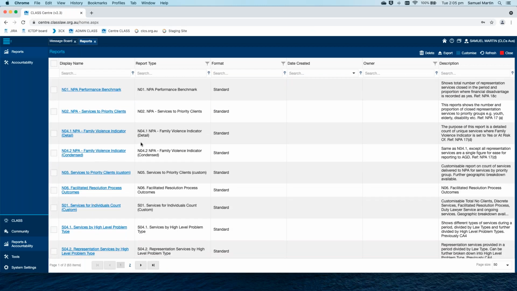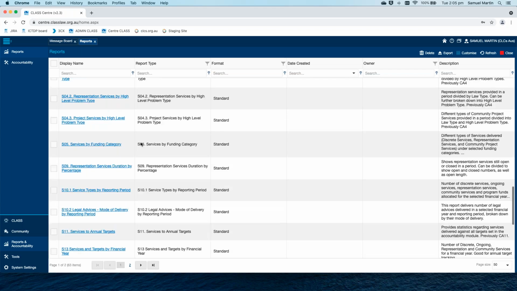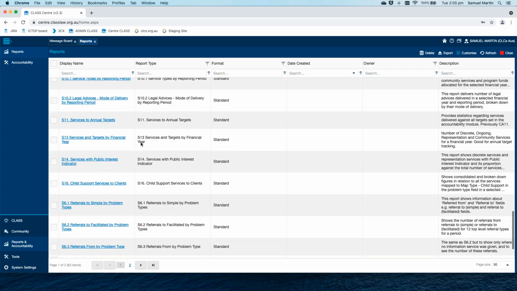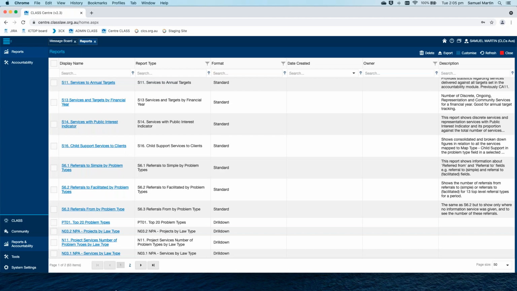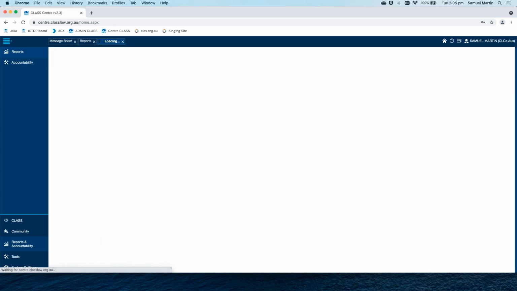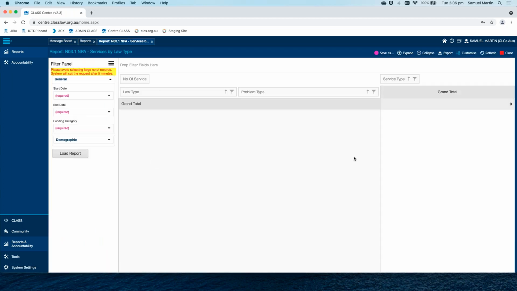This is one that people are talking about pretty regularly, so it must be getting used. So let's go and have a look at it. There it is there, right down the bottom. This will give you services by law type. Okay, so we click on that, and following on from last week, we can see that already this is different